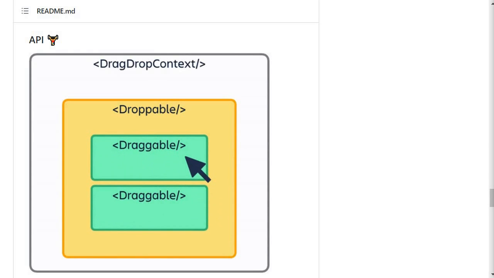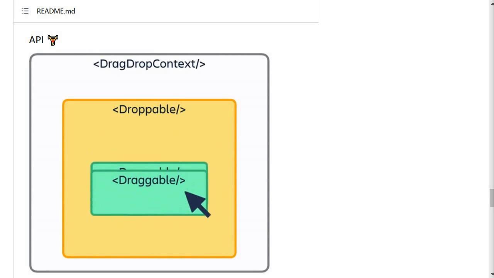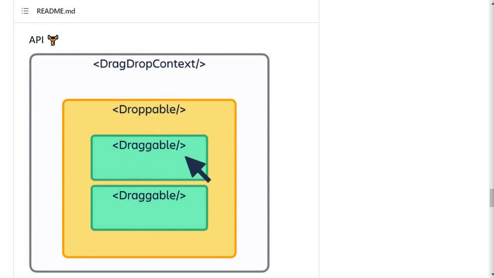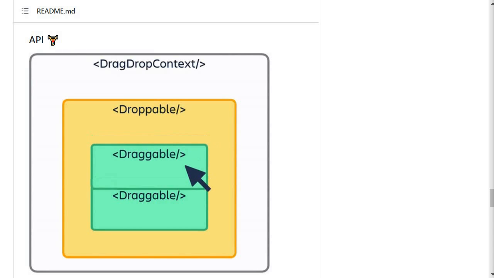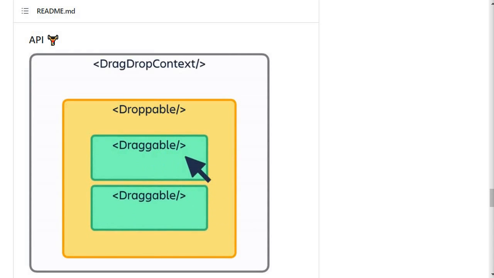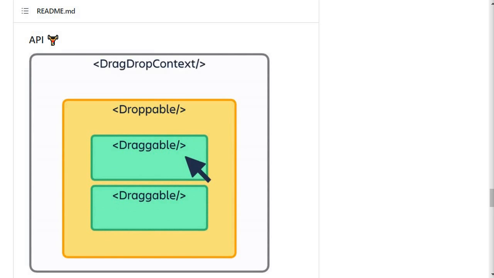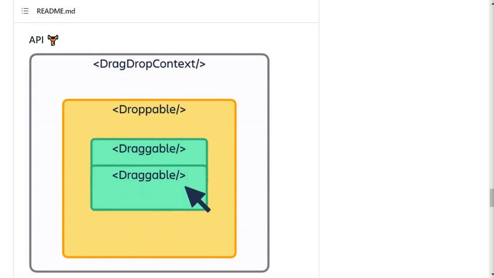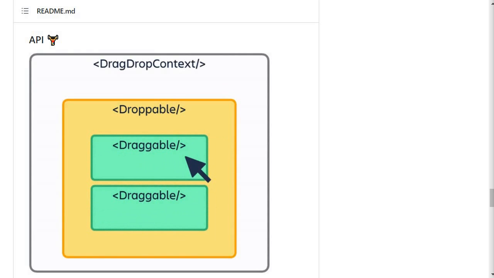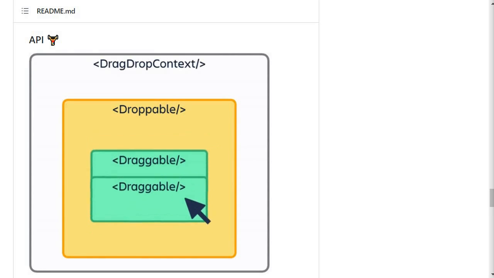The droppable component is used to define a droppable area within your application. You can think of it as a container that can receive draggable items. You can create as many droppable components as you need within your application, and each one will have a unique droppable ID that you can use to identify it. And then finally, you have the draggable component, which is used to define an individual draggable item within your application. Each draggable component should be a child of a droppable component and will have a unique draggable ID that you can